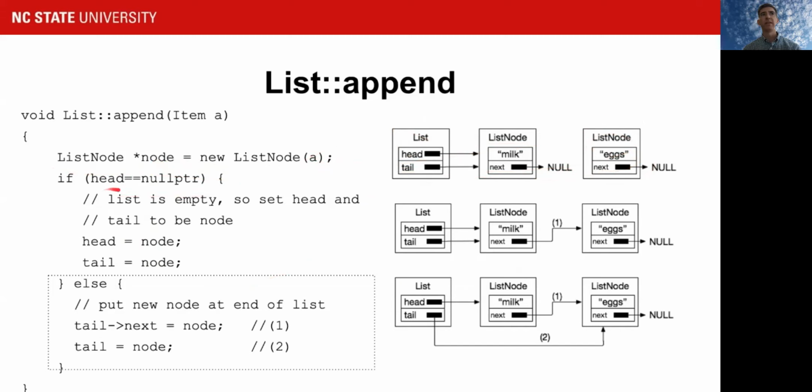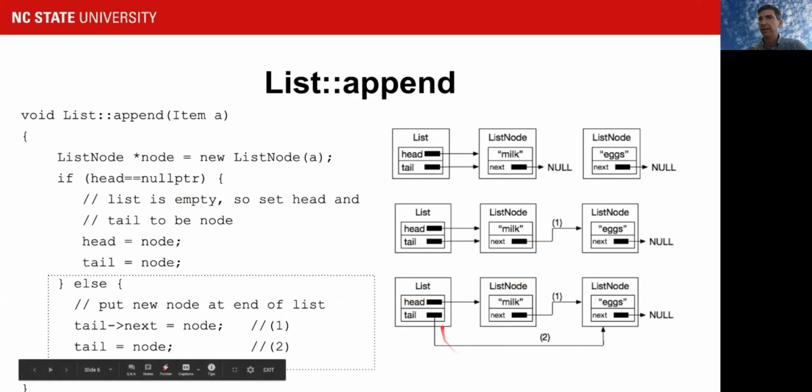Okay, and then since head isn't null anymore, I need to take a different set of tasks. And one thing I need to do is I need to connect milk to eggs. And then I need to update the tail to reflect the fact that now eggs is the last thing in the list instead of milk. Okay, so this first line of code, tail next equals node, it takes care of